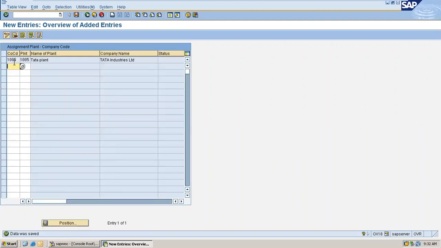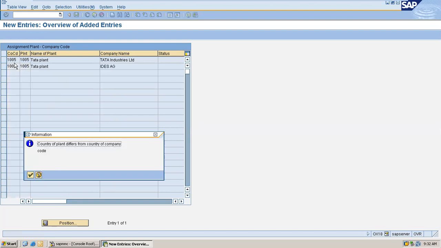Okay. Now let's say I want to assign plant to 1000 company code, 1005 and 1000 company code. See, country of plant differs from country of company code. So country in 1005 plant is different from country in company code 1000.